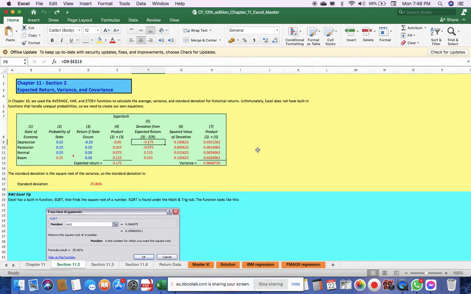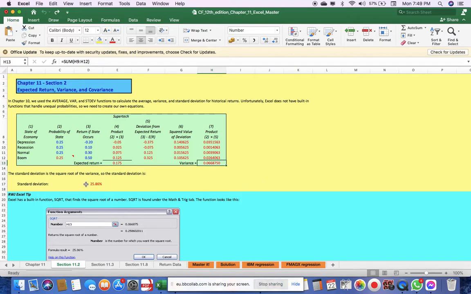Once you get the deviations, you find some deviations are negative, some are positive. For example, 37.5% is negative, then 7.5% negative, then 12.5% positive, then 32.5% positive. We don't want the signs to be negative and positive. So what we will do? Square the deviation. Once you square the deviation, you multiply with the probability, then you get the variance. The sum of the probabilities multiplied by the squared deviation will be the variance.